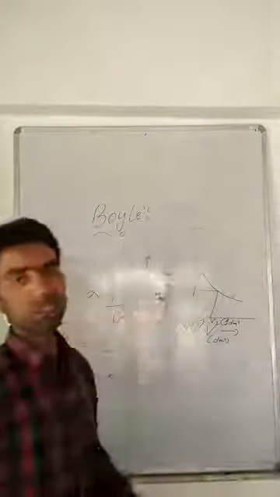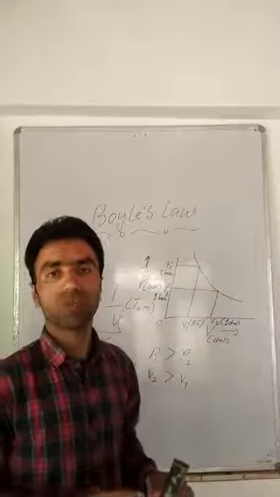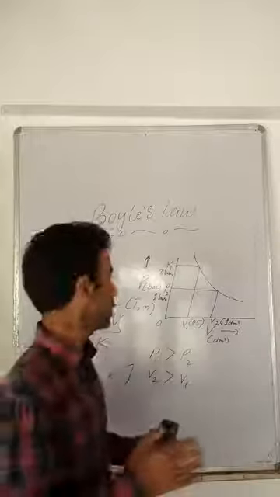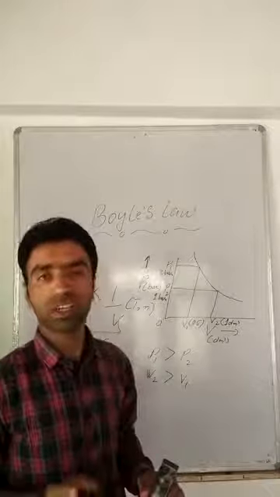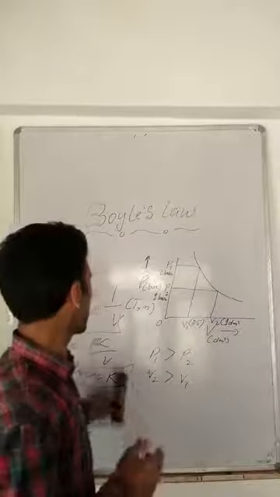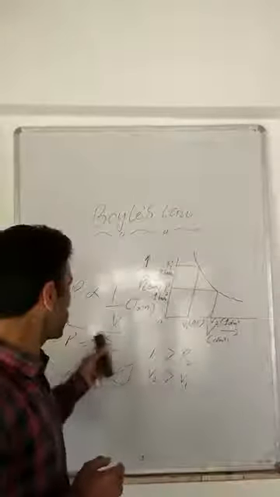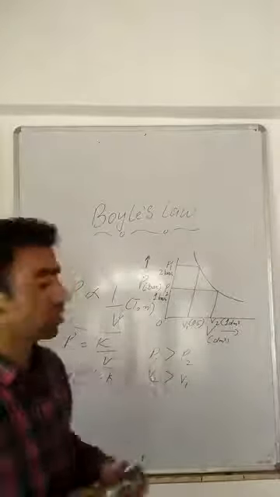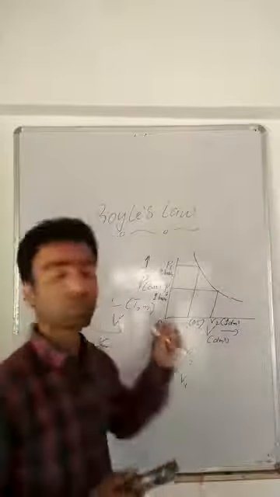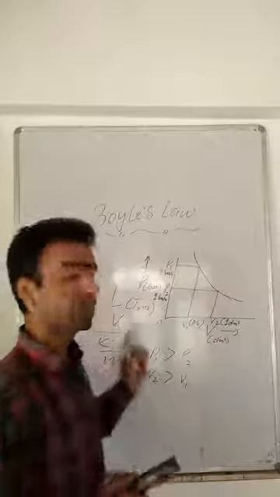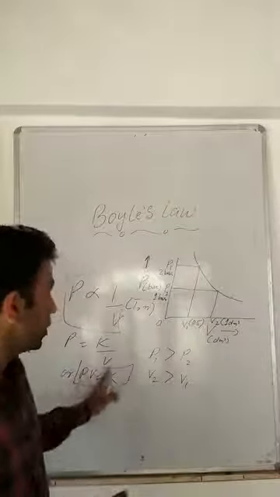If I summarize it, Boyle's law simply states that, temperature remaining constant, the pressure of a gas varies inversely with its volume. Remember, the amount of the gas has to be kept constant in addition to temperature remaining constant. So P varies inversely with volume, or P is equal to K by V, where K is the proportionality constant. We also said that K depends upon the temperature, it depends upon the number of moles of the sample, and it also depends upon the units chosen for P and V. So we can write PV is equivalent to K.